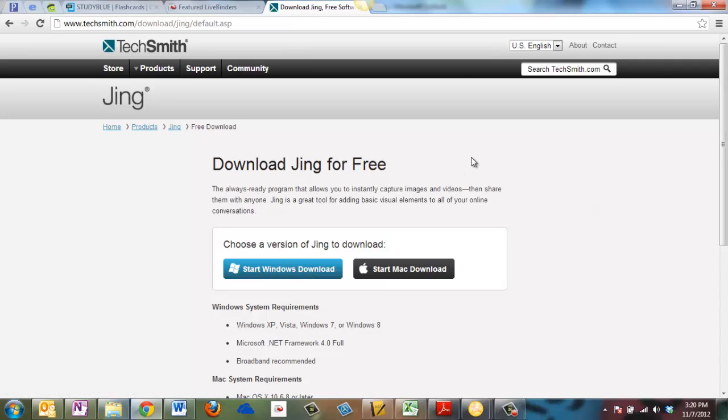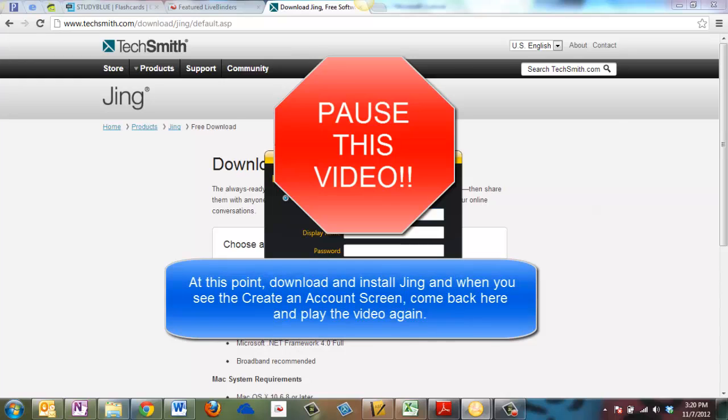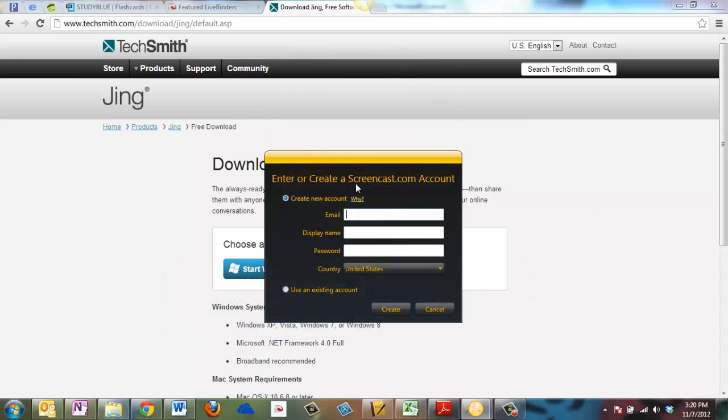It'll take you through a few steps. Just click through to continue or agree to the terms of agreement, and eventually you will get this screen. It'll install Jing, and when it does, we'll get this screen here. What we're going to do is create a screencast.com account, put in your school email address,